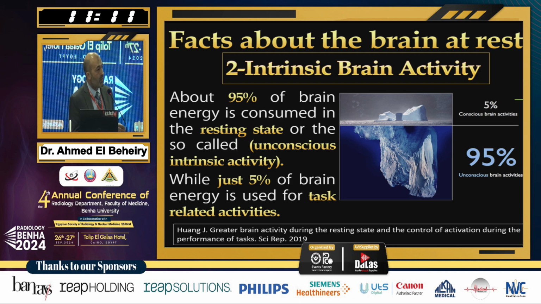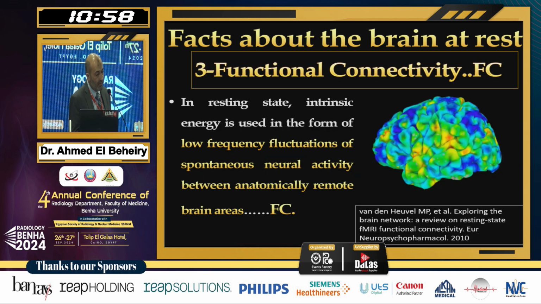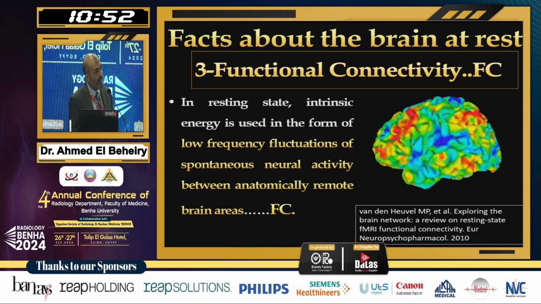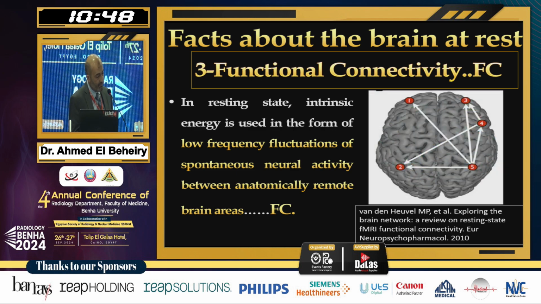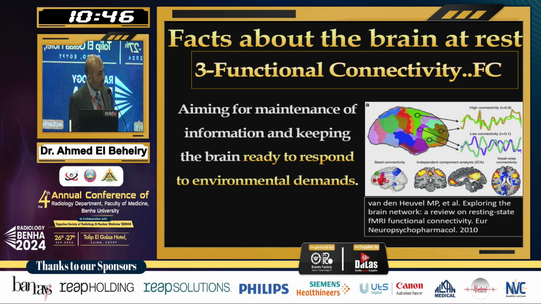95% of this huge amount of energy is used by the brain under resting condition, and this is known as intrinsic brain activity. Just 5% only is used for any task-related activity. This intrinsic activity is again used by the brain to connect different areas in the brain, and this is known as functional connectivity. The aim of this functional connectivity is to maintain information inside the brain, keeping it always ready